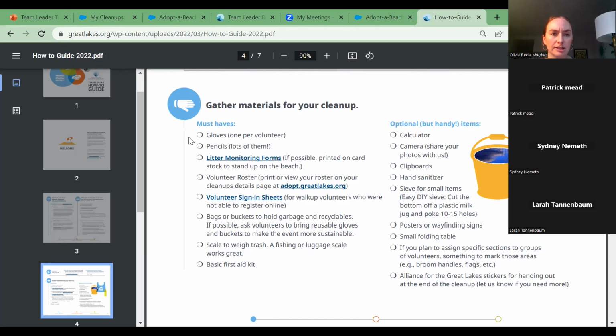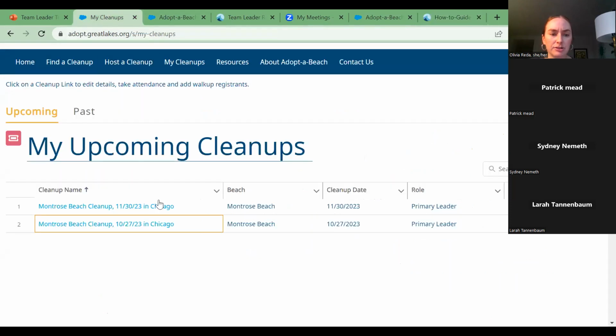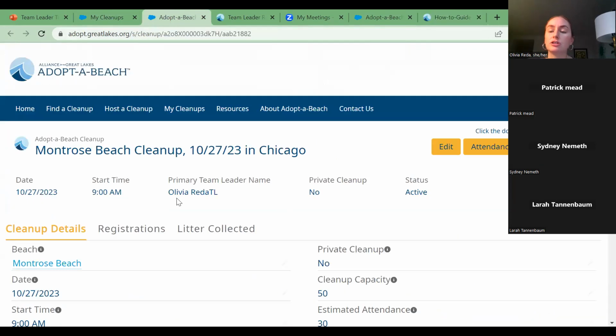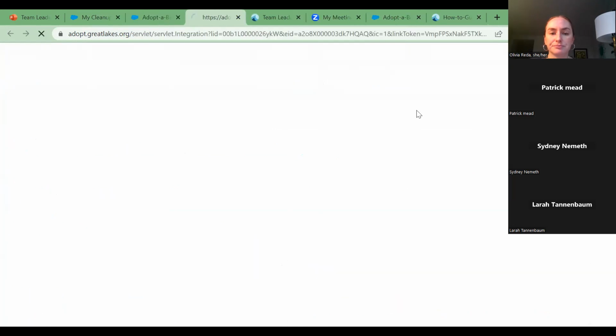So let's go back to that cleanup details page. Okay. So right before your cleanup, and I wouldn't recommend doing this too far ahead of time because some people register pretty close to the cleanup, but I usually do this like the day before or even the morning of sometimes. Once you're on your cleanup details page, you'll go ahead and look at this little drop down menu and you can see where you can print your roster. So you'll go there,